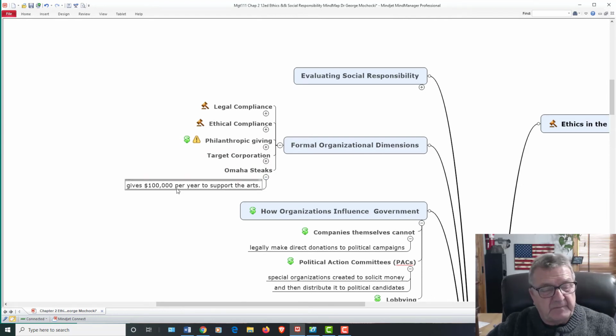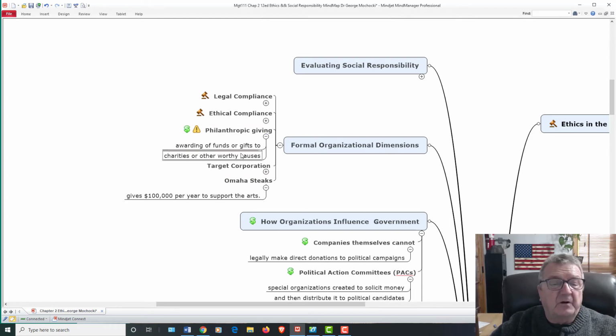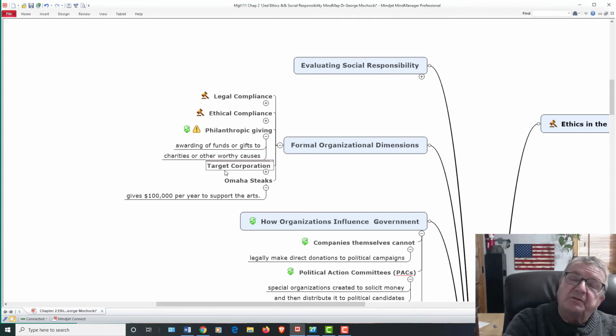Okay, how do organizations influence government? Companies by themselves, they can't. There are the laws and everything else, political action groups, if they are reasonable and don't over-regulate, please. Remember, I'm not trying to take over or anything else, but regulation slows me down. Regulations cost me too much to bring in new housing, cost me too much to improve the environment, because I'm tied down with over-regulation. You can never get it right. As long as I get like 70%, please let me run with the project. That's a lot of businesses.